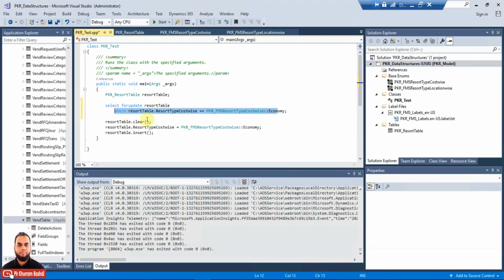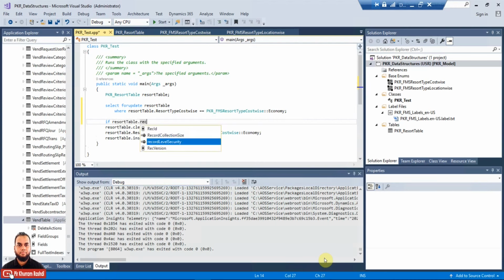Once it is retrieved, I need to check whether there is an existing record in the table buffer. For that I do a resort table rec id check. Rec id should always be greater than 0, and then I will put curly brackets.